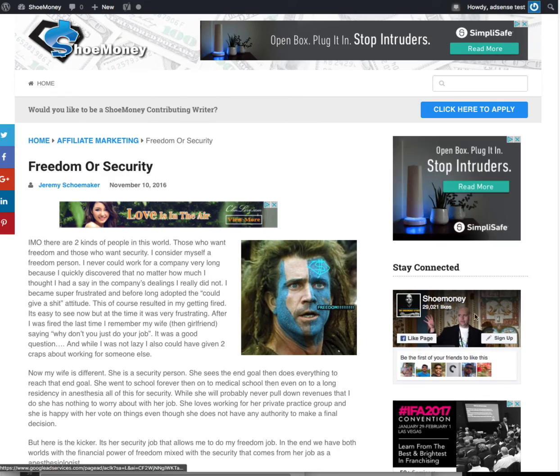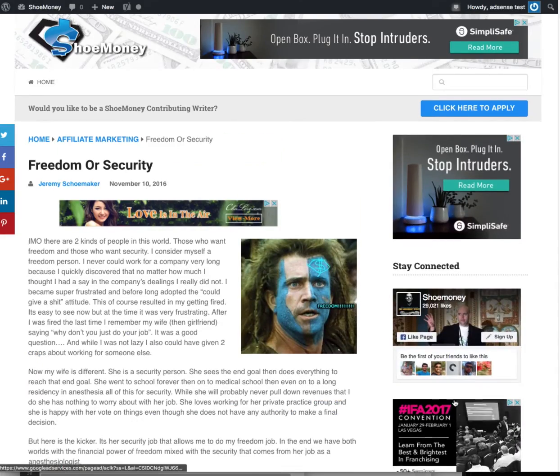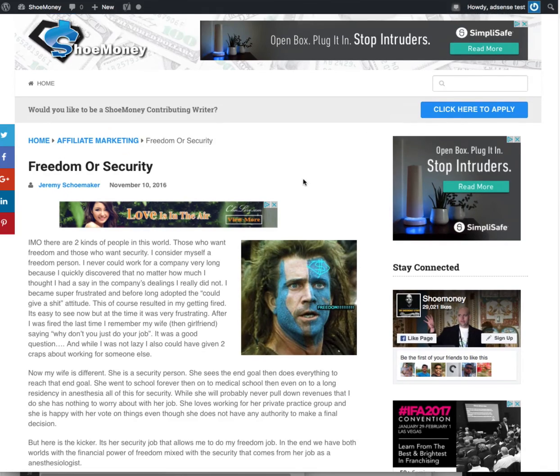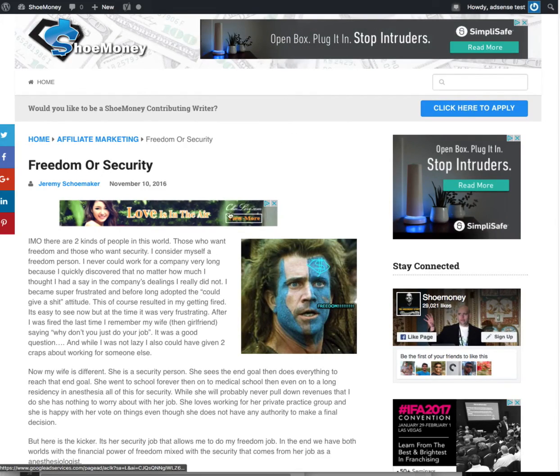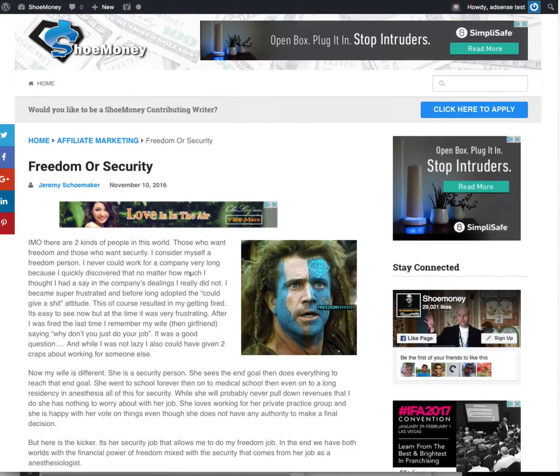Eventually I might get rid of these sidebar ones because on a post it takes a while for the sidebar to render. Sometimes it doesn't have the inventory because there's 6 total ads. So don't expect these over here to be there. There are 3 ad units over here, but they usually only allow 3, or that used to be the way they do it. There's 6 on here, so I'll probably keep the header and the ones in the content. 90% of the clicks are the ones in content. There you go. So that's it.